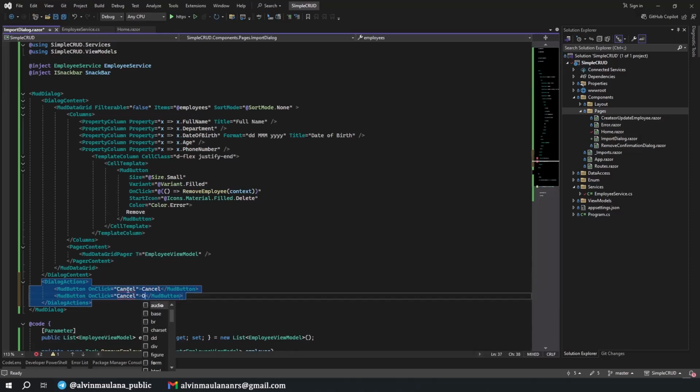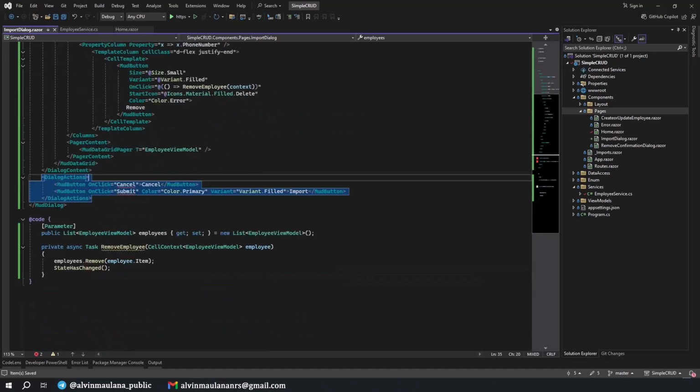This one is Import and coming from on click, Submit, and then color Primary, and then the variant is Filled. Okay, nice. And then we need to define these both functions.